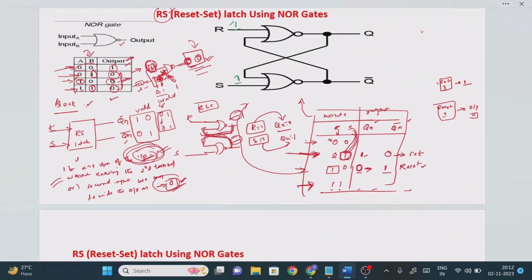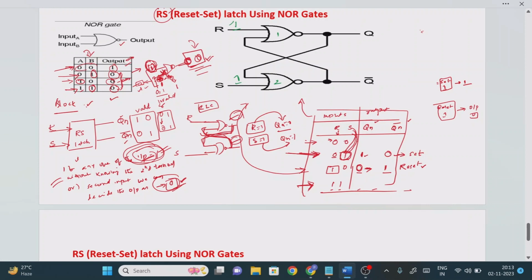So now this is logic gate 1, this is logic gate 2. Now we try to identify for which logic gate we can directly decide the output without requiring the second terminal. So try to find the answer. Logic gate 1 or logic gate 2. Just pause the video and try to find out the answer, right? So we can find the output for logic gate 1 as well as logic gate 2.